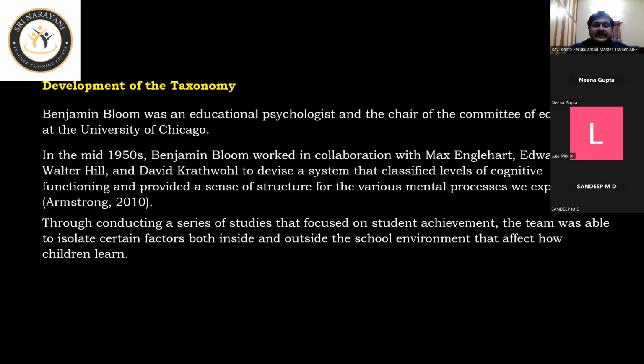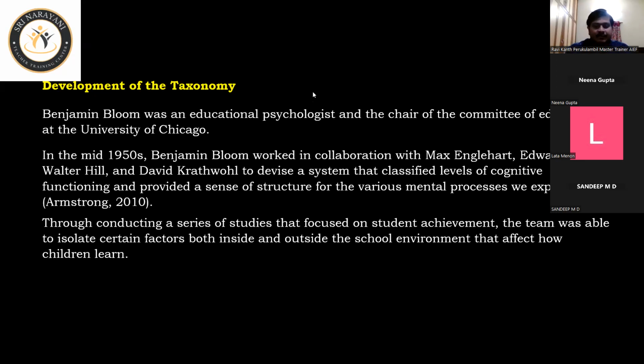The team was able to isolate certain factors, both inside and outside the school environment, that affect how children learn. See, one thing that we have to remember is the child's learning capacity is not just affected by the school, it is also affected by the child's personal life. It's very much important. However, only for the sake of designing a question paper or designing a classroom transaction, we give much importance to the cognitive domain of Bloom's taxonomy, and hardly people give any importance to the other affective and psychomotor domains. But people who are regularly attending the trainings and who are very much interested in upgrading the knowledge, especially after NEP 2020 has come,